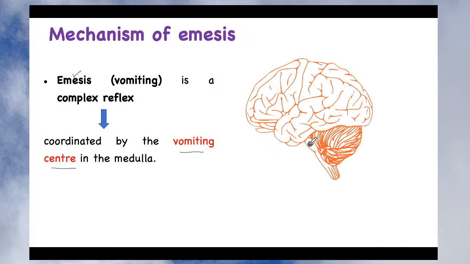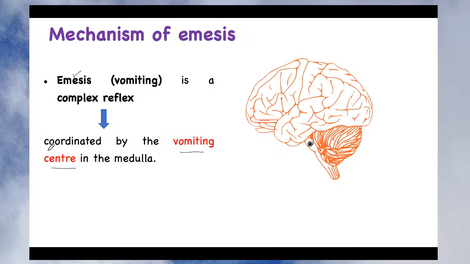So activation of the vomiting center occurs irrespective of what type of stimulus it is. The stimulus may be different. For someone, the stimulus may be smell. If you have a bad and fishy smell, that smell also stimulates the vomiting center. Likewise, some people suffer from vomiting when there is indigestion. So no matter what the cause of the vomiting is, the important thing is that vomiting is coordinated